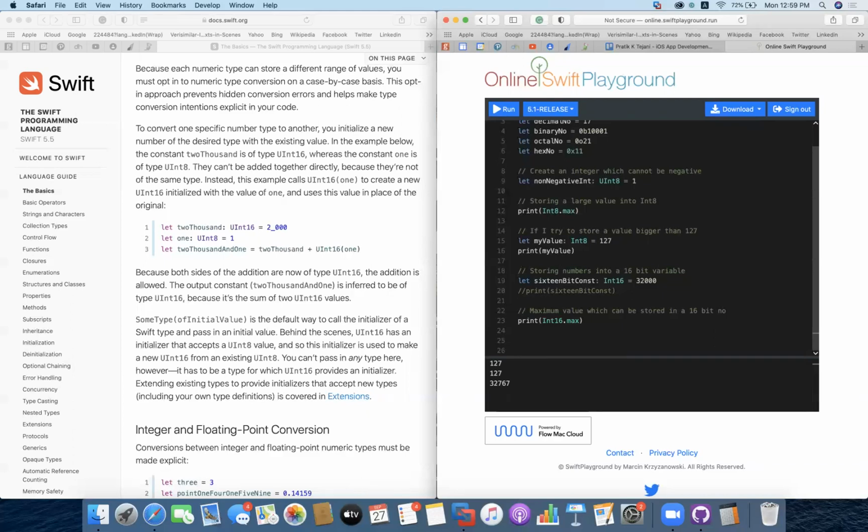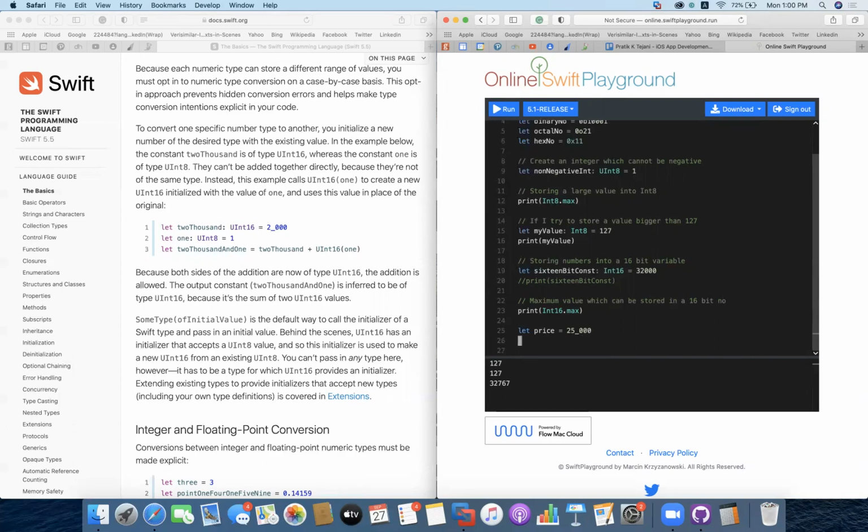Let's say I'll create something like price, and in the price I want to store a value of 25,000, and sometimes I'm not clear whether I have used 3 zeros or 4 zeros. To separate it, we can make use of an underscore. That is also possible. Is that clear? So define that with underscore, but the value will be printed accordingly.